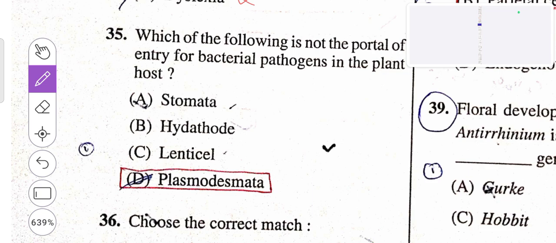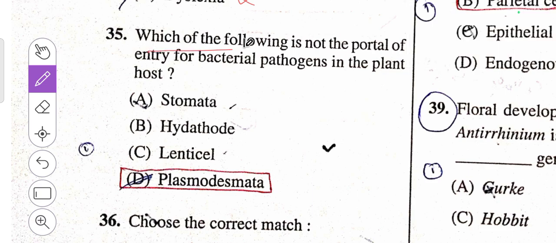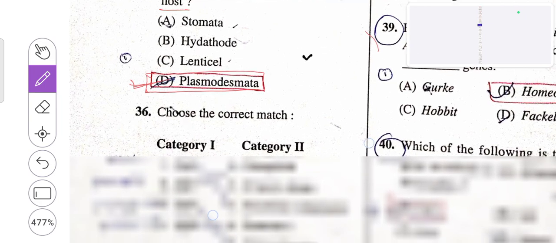Then 35th question: which of the following is not the portal of entry for bacterial pathogens in the plant host? That is plasmodesmata. Through this, they do not enter a plant. So D is the right answer. They can enter through stomata, hydathodes, lenticels, but plasmodesmata cannot allow the entry of these bacterial pathogens. Then